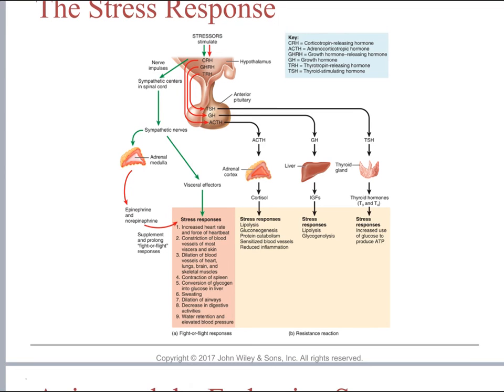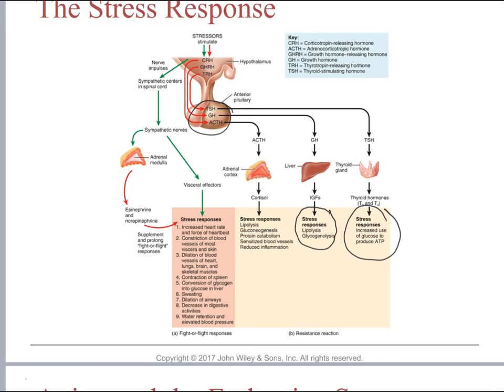So we can look at the feedback loop of the stress response. We have a stressor. And corticotropin releasing hormone, growth hormone releasing hormone, and thyrotropin releasing hormone is going to act on three major hormones of the anterior pituitary: thyroid stimulating hormone, adrenocorticotropic hormone, and growth hormone. And each will have a subsequent response. For TSH, the stress response is going to increase use of glucose to produce ATP, so we're stimulating metabolism. For the liver,